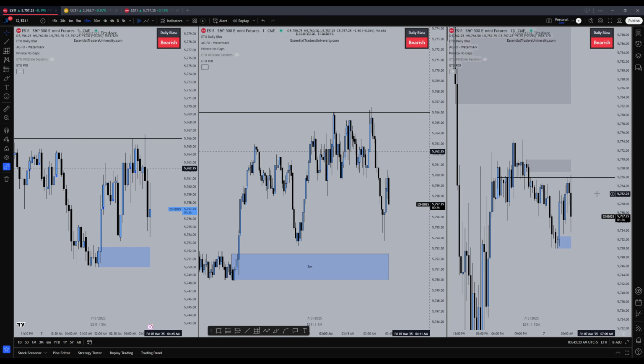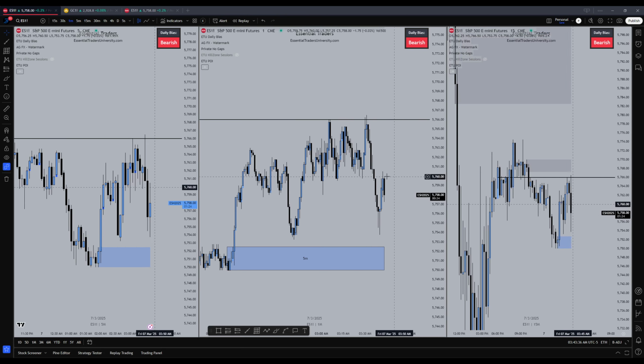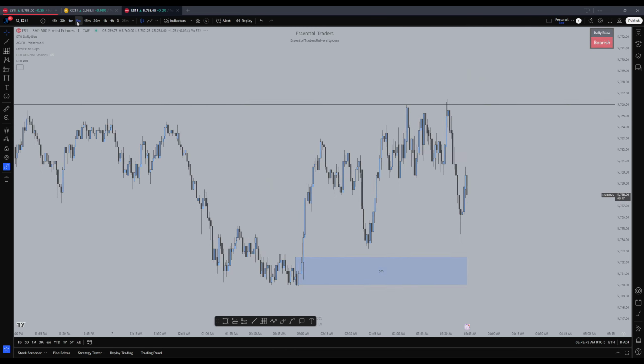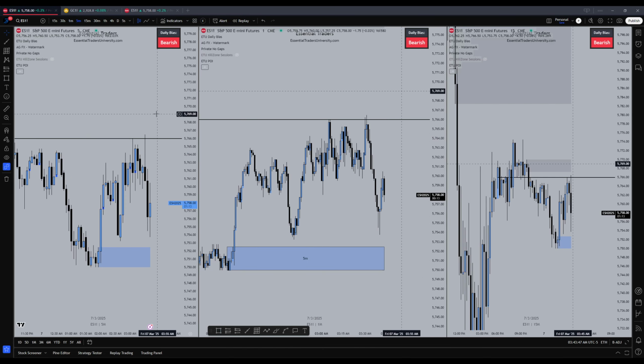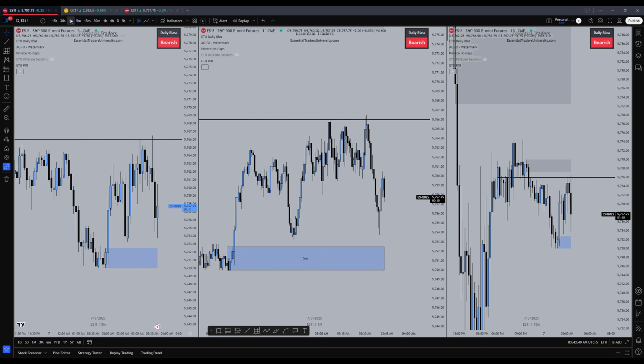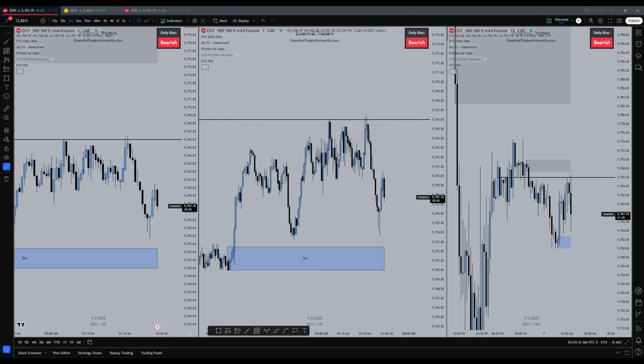How the 15 minute interacts while the 1 minute is doing this. How the 1 minute is interacting with maybe a 5 minute POI, things like that, right? Instead of having to manually flip between time frames on one chart, you can just see all 3 at one time. And this might take a while to get used to, just because I know it might be a little